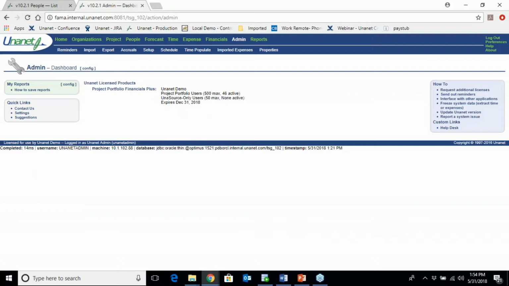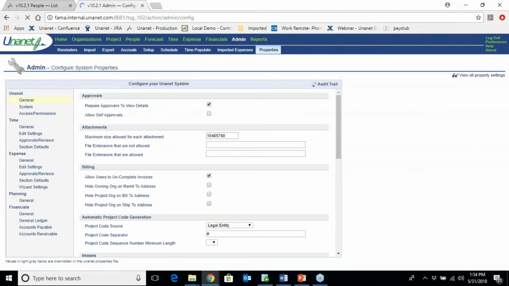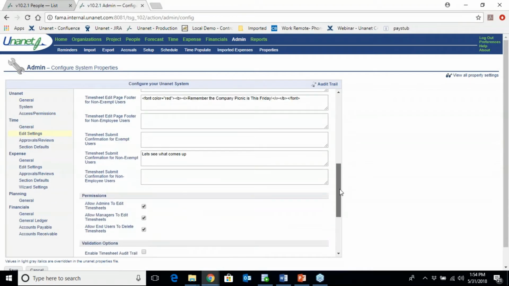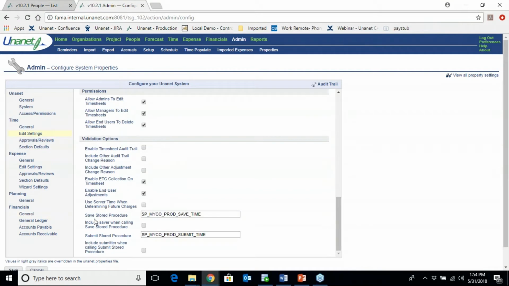Okay, great, thank you. So now this is our test environment. And this is the kind of screen a person who has admin rights on the Unanet will see. So they will have an admin tab on their Unanet. You click on that and then go into admin properties, in this case time, and then under time, edit settings. So if you go to edit settings and you scroll down, you will see these two options over here, save stored procedure